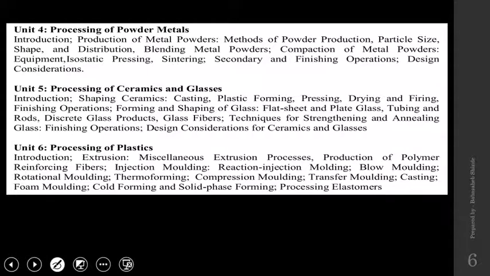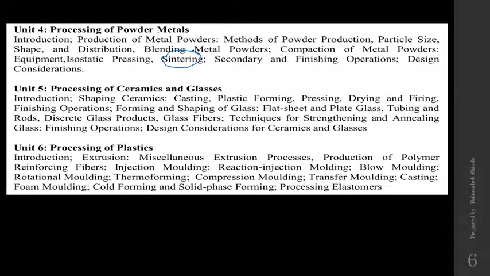So in the first part, we were discussing the curriculum. We are done with this unit number 3, and the unit number 4 is processing of powder metals. As I said earlier, in this powder metal processing, what we usually do, we take metal powders, we mix it with some binding material, we shape into desired dimensions and all, and then we'll heat it. That process is called as sintering. And once you have heated to that temperature, there will be bonding of those particles with each other and you will get